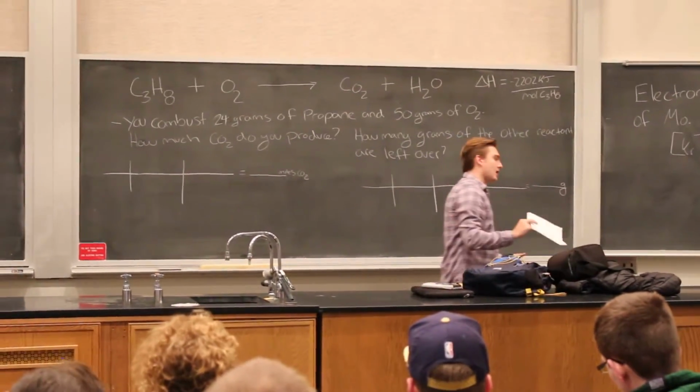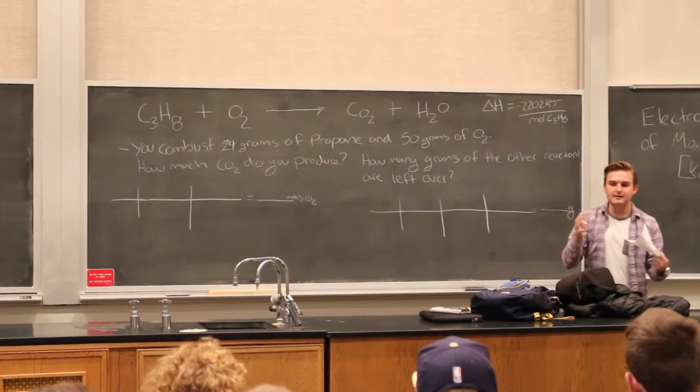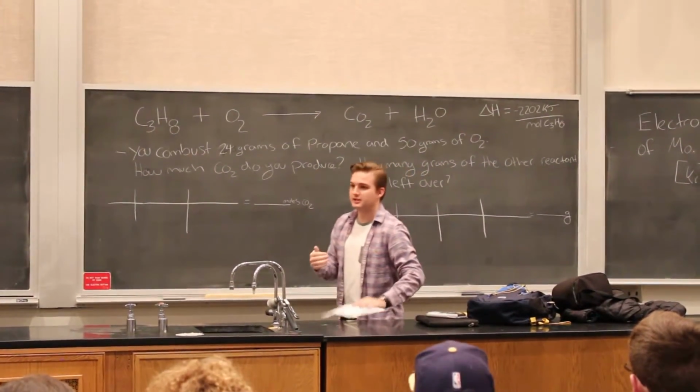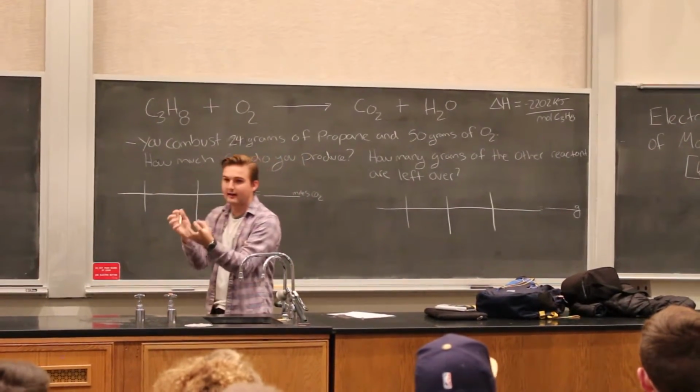So when we do stoichiometry, you guys, what happens is we're given some sort of equation. And what stoichiometry allows us to do is take the amount of reactants we're given